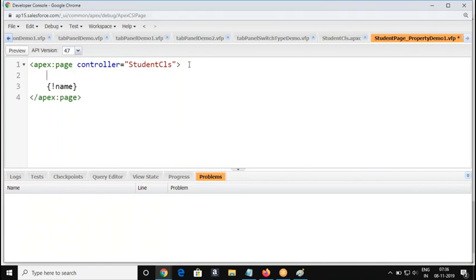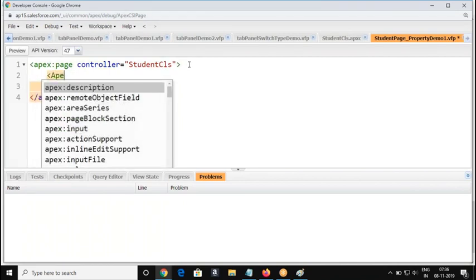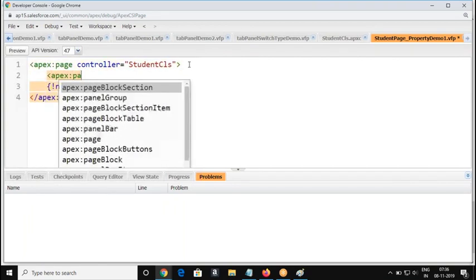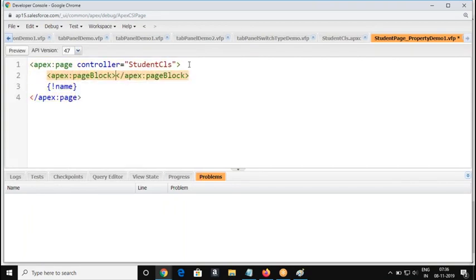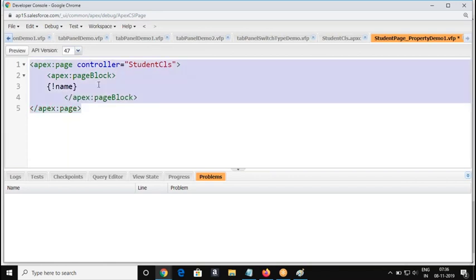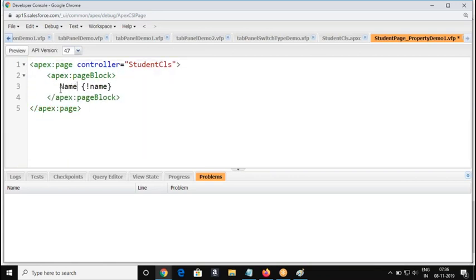People follow this. Let's include some block section and give some label here.